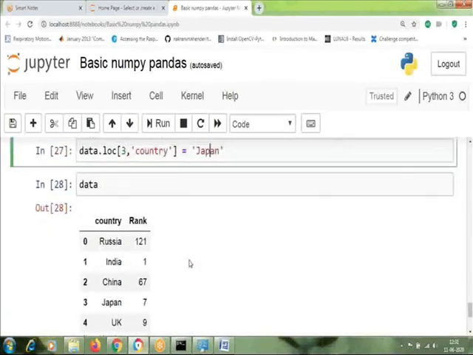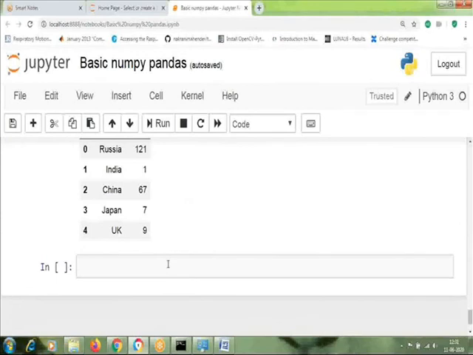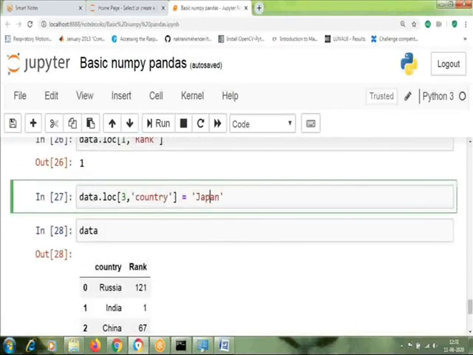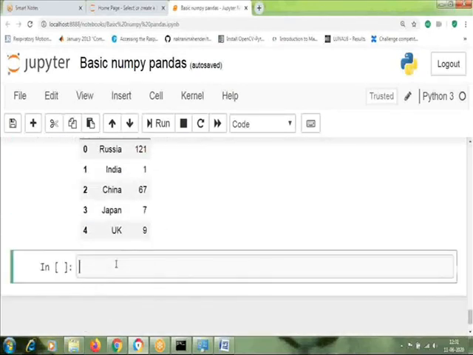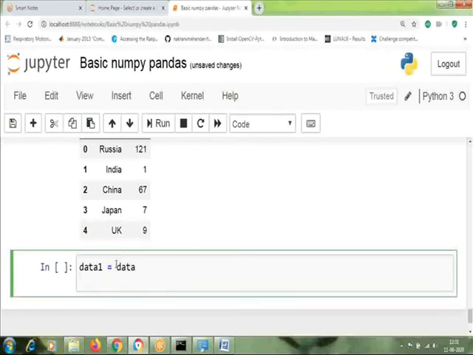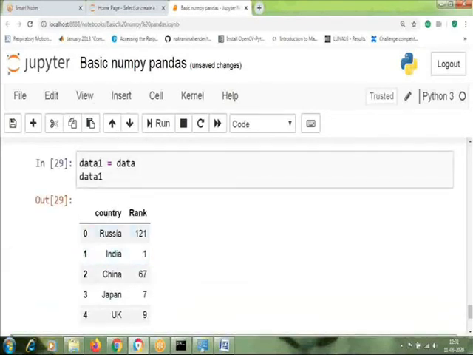And remember one more most important thing of pandas data frame. Let's say that I want to make a copy of this. So let's say data 1 equal to data. When you do this, remember that it doesn't make a copy. It just makes a reference to the original data.